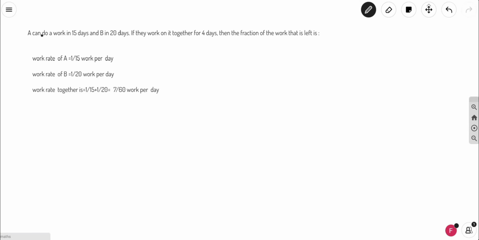तो आज हम देखने वाले हैं टाइम एंड वर्क के क्वेश्चंस. A can do a work in 15 days and B in 20 days. If they work on it together for 4 days, then the fraction of the work that is left is,